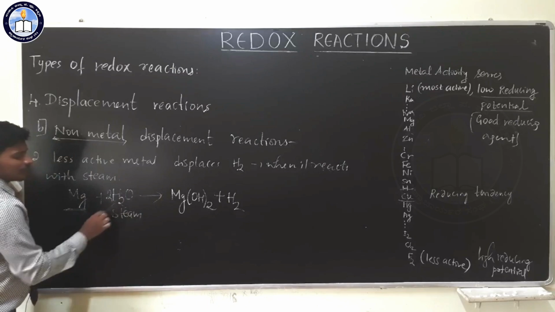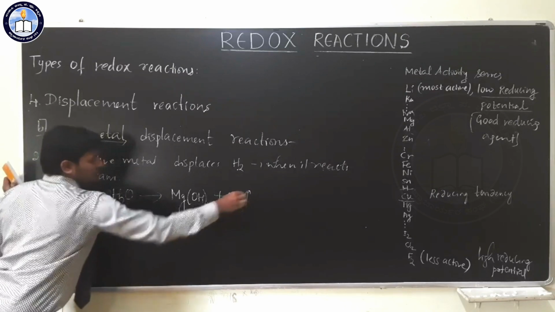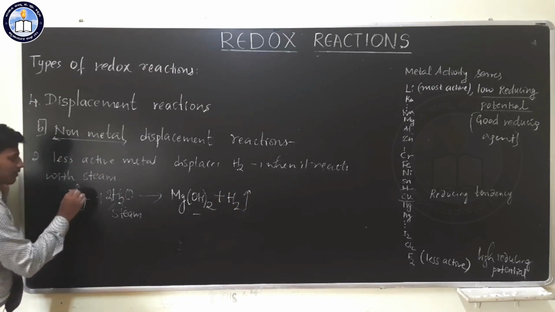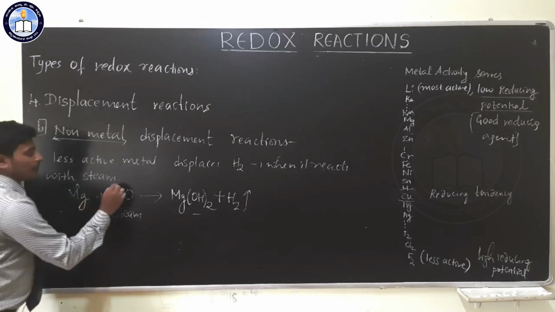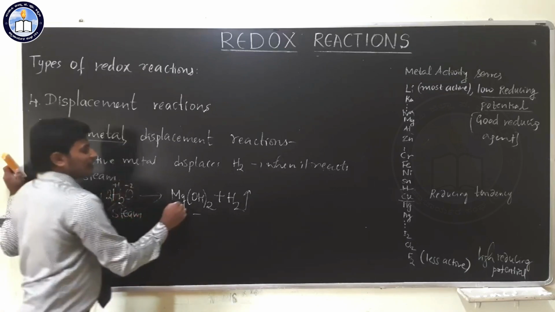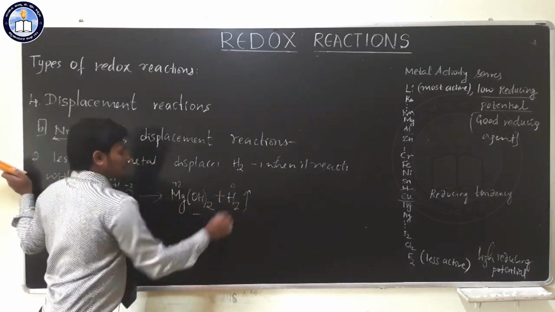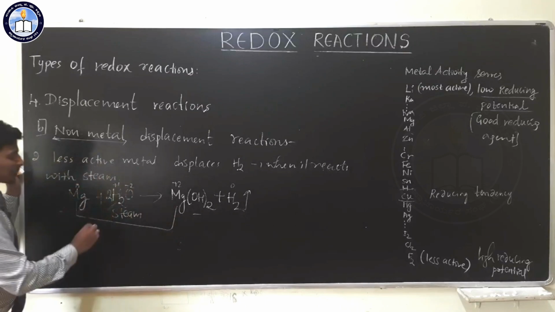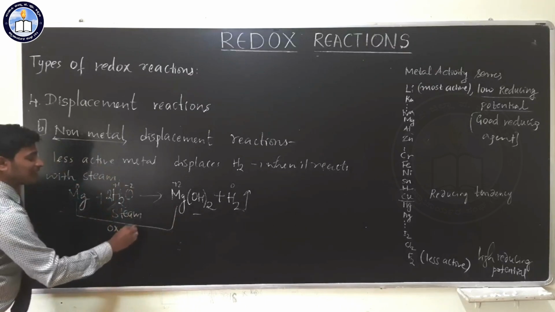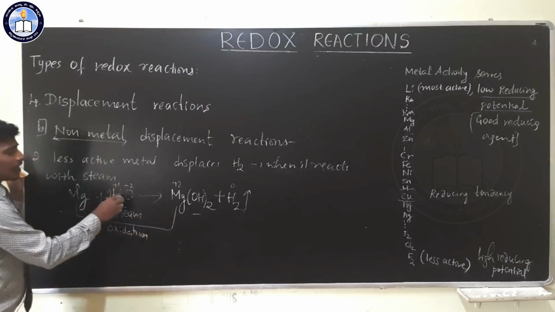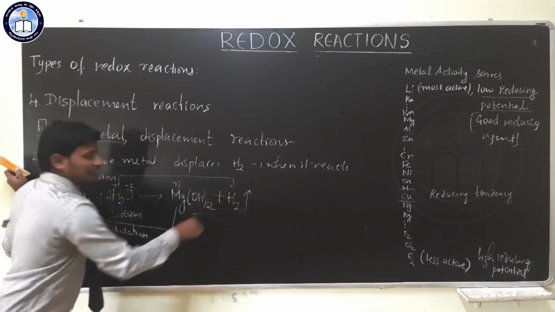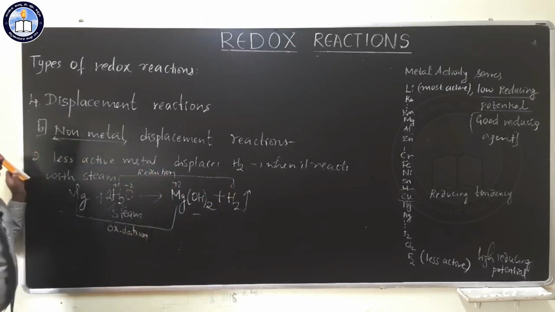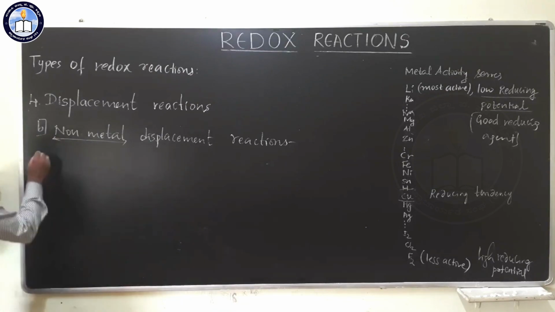See, displaced. So we are getting this compound, isn't it? Let me check whether it is a redox reaction or not. Magnesium oxidation number is 0. Hydrogen is +1, oxygen -2. Here it is +2. Here 0. Magnesium turns from 0 into +2, increase in oxidation number, and it's known to be oxidation. As well as hydrogen, +1 changes to 0, and that is known to be reduction. So this is another example for redox reactions.